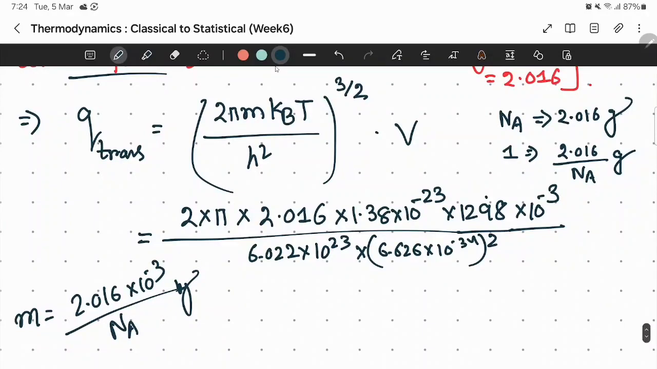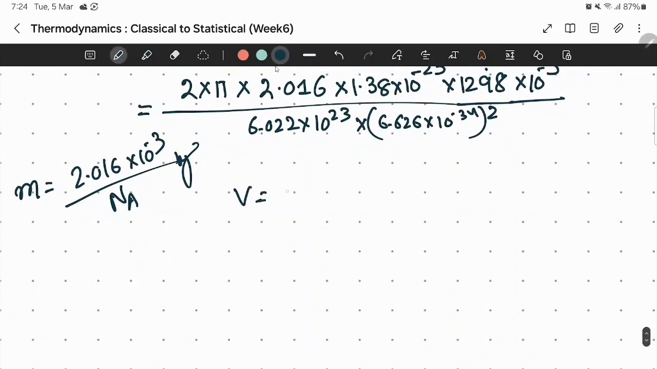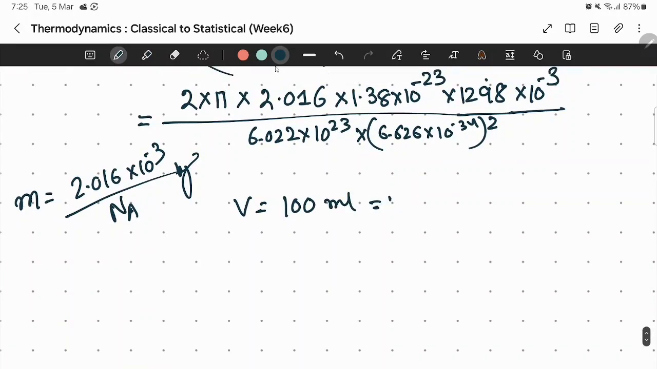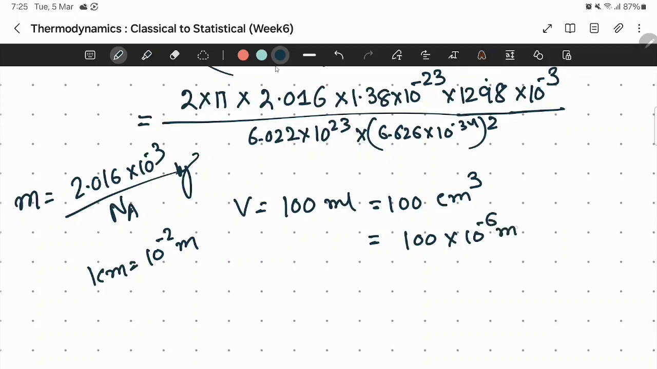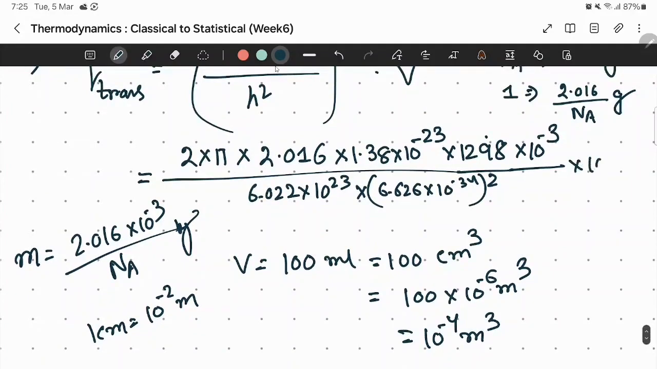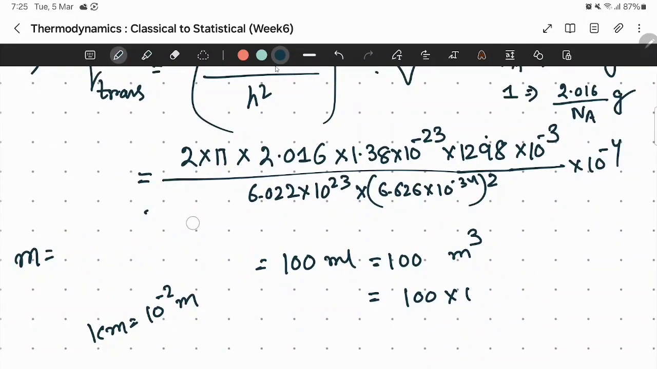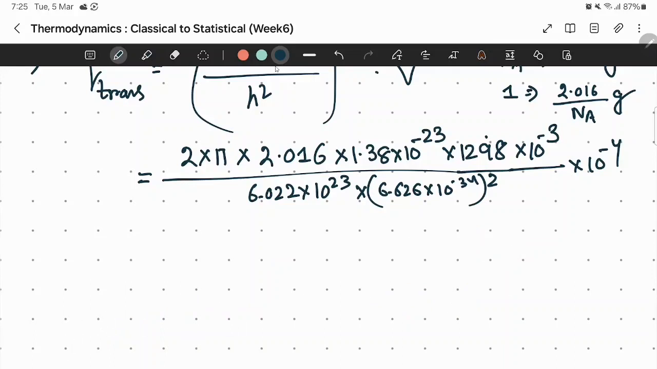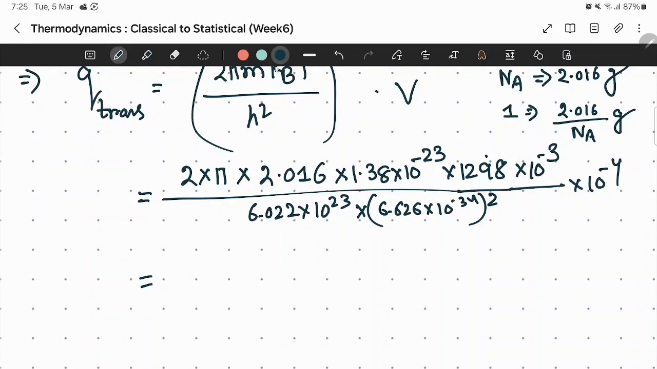Okay, so V should also be in SI unit. What is V here? V is 100 ml, means 100 centimeter cube. 1 ml is 1 centimeter cube. Now 1 centimeter is 10 to the power minus 2 meter. So this will be 100 into 10 to the power minus 6 meter cube, so 10 to the power minus 4 meter cube. Now it's okay. As everything is in SI unit, it should be a unitless quantity. Now we should not worry about it. Okay, so what is 2 into pi